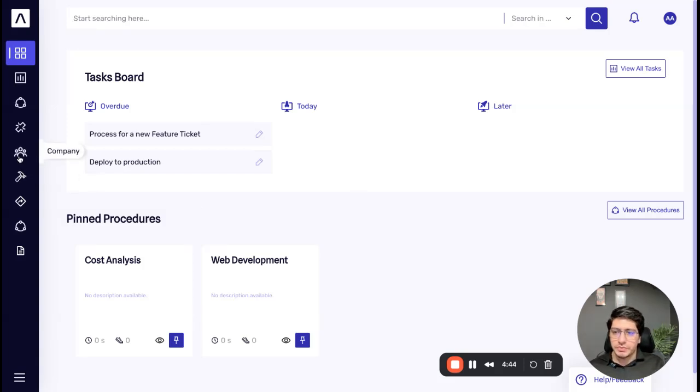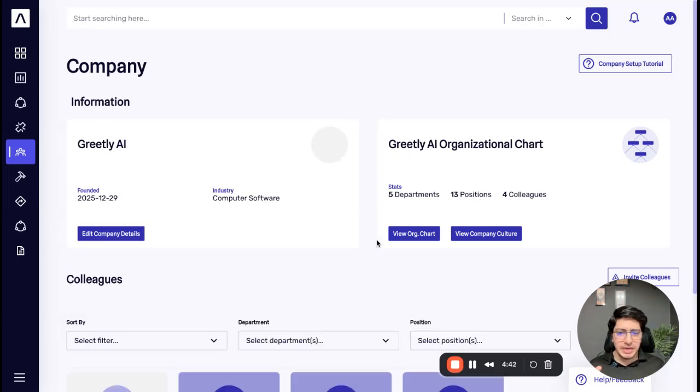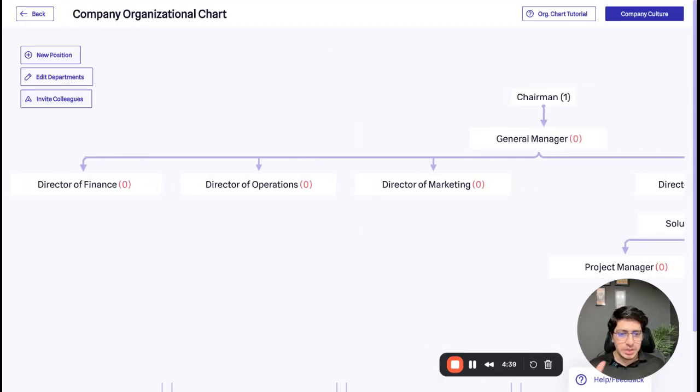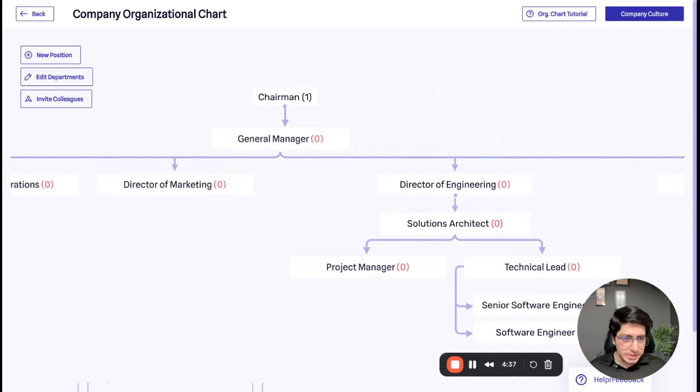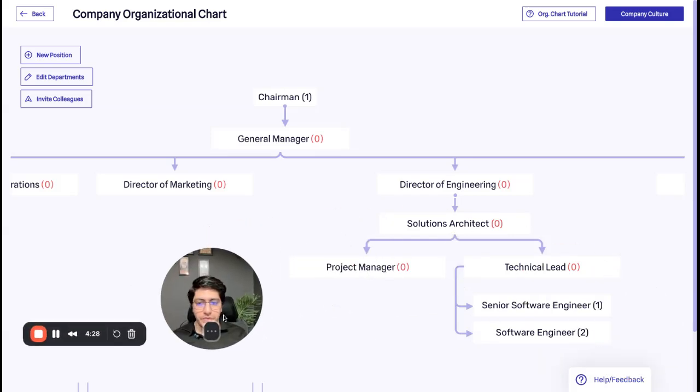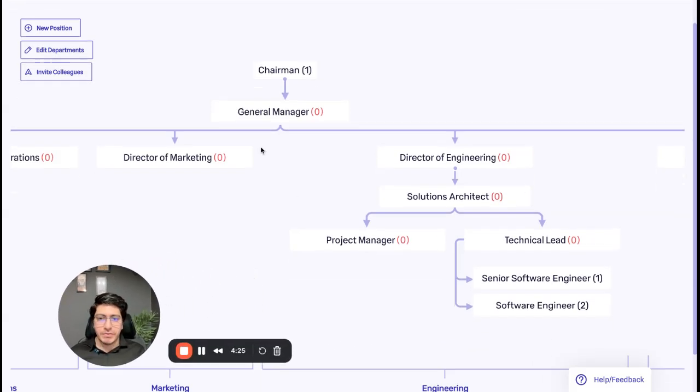So it all starts with your company organization, where you can vividly visualize your structure, all the job positions and hierarchy that you have within your company. You can place that right into the application so that you can have a visual understanding of what's going on. As you can see, I have all these roles, and I can add as much depth to the chart as possible. Obviously, if you just have a startup, it's going to be simple. But if it's an enterprise solution with thousands of employees, it can be so beneficial to have that chart